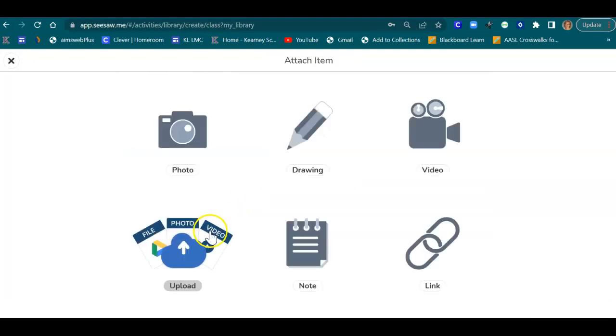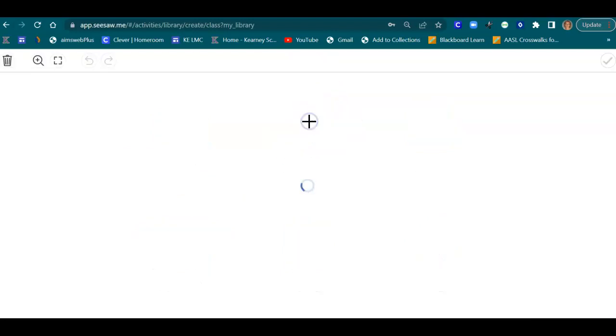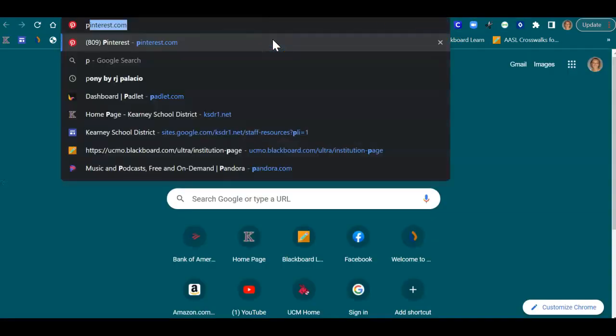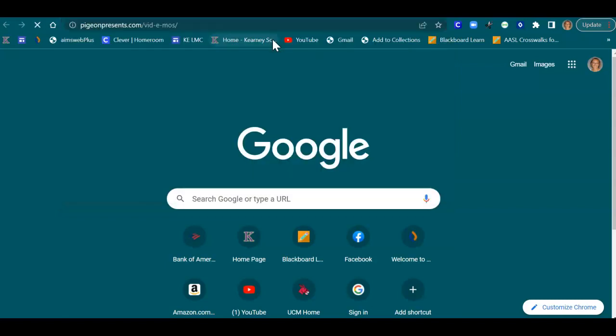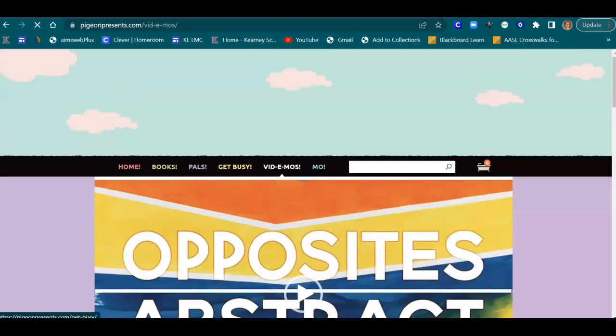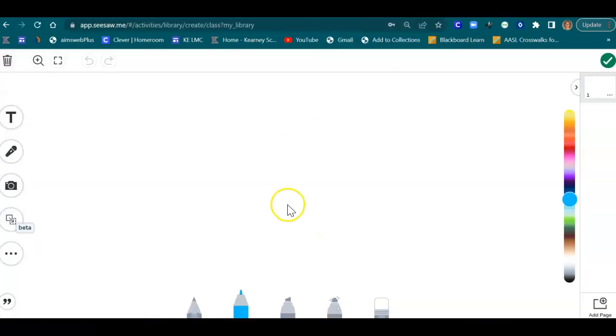Okay, so what I was thinking, I'd go to the drawing page. This is often where I went. I go here, and I was thinking I could find an image of a clean pigeon or something, and I could edit it. Well, that's not going to work because I need it. And I could put him up here and make him dirty, and then the kids would erase and make it go away. And then they could record themselves saying something, okay?